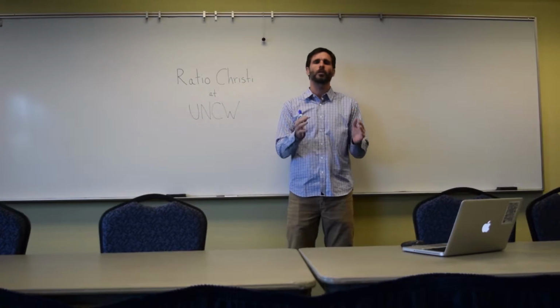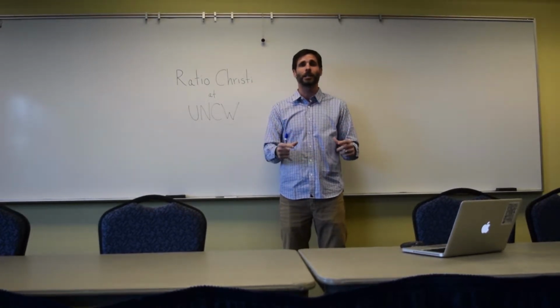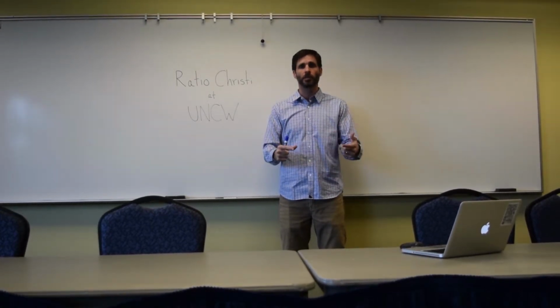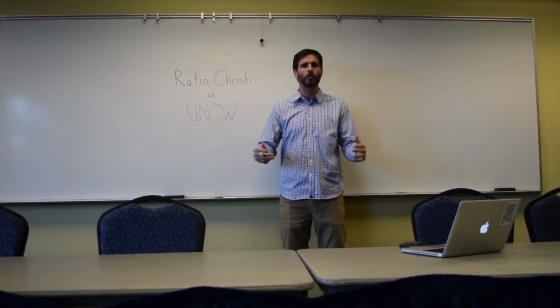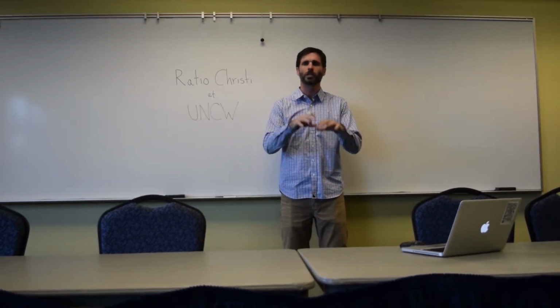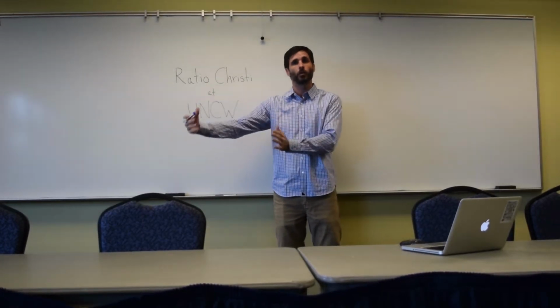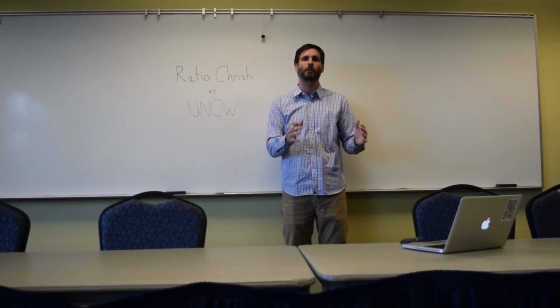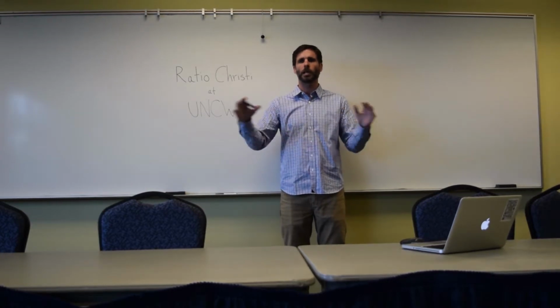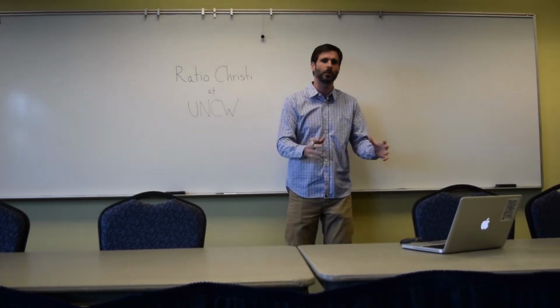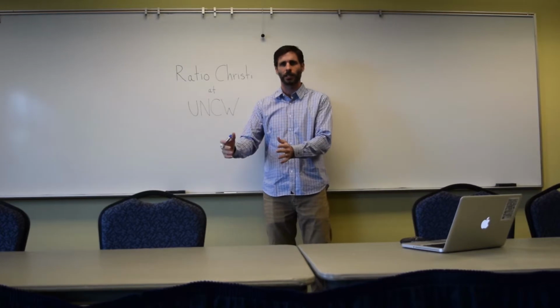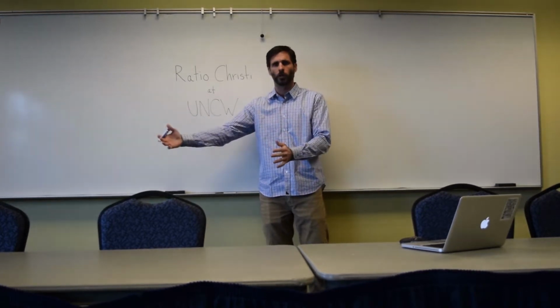So we have to first start off with the idea that truth is absolute. We've talked about that in previous videos, but what is truth is such an important foundational question. If truth is absolute, then we can move on to these other questions. We have to settle that first. It's very important to understand in a classical apologetics argument that we have to settle these first things before we move on to the next thing. Then we settle the next thing before we move over to the last thing.